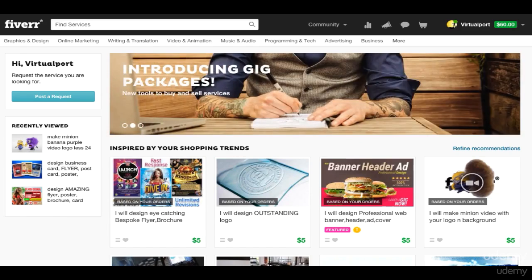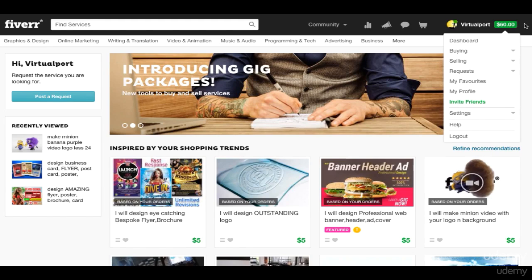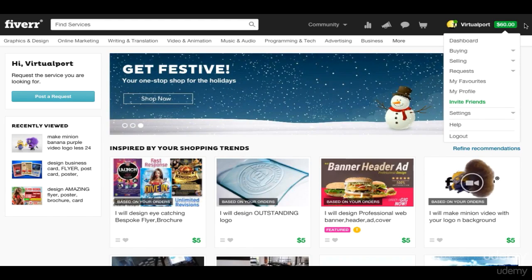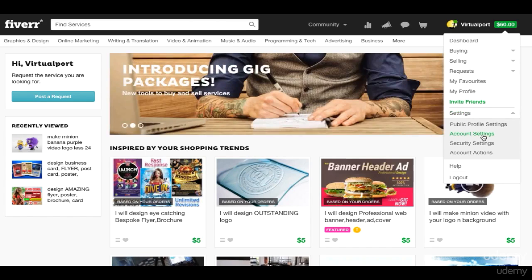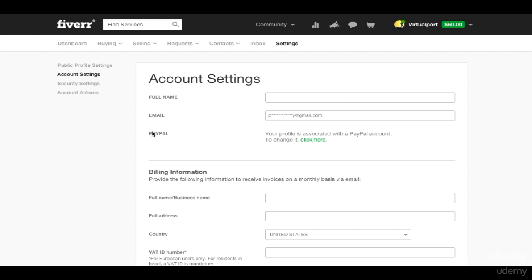The first thing that you have to do, this is the first step, is actually to add a PayPal account to your Fiverr account. So you do this pretty simple. You go into this menu, all the way down to settings. You press on settings once, and then you press on account settings. Let's press on that. In the account settings section, there's going to be a menu that says PayPal, and you